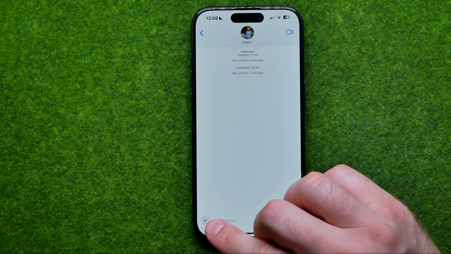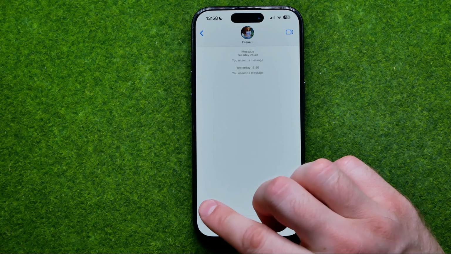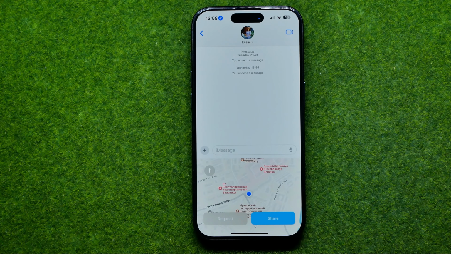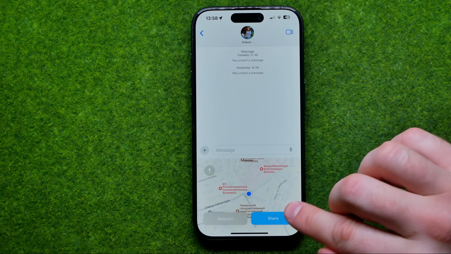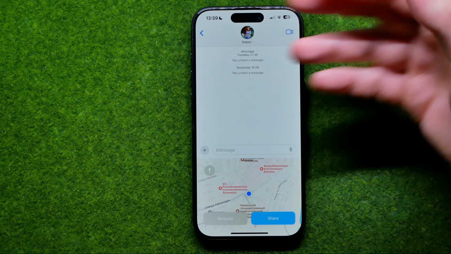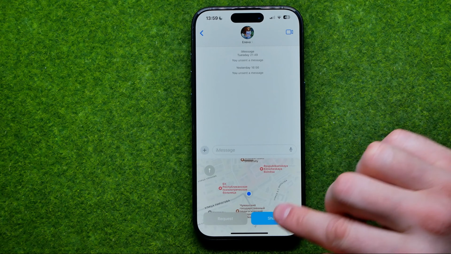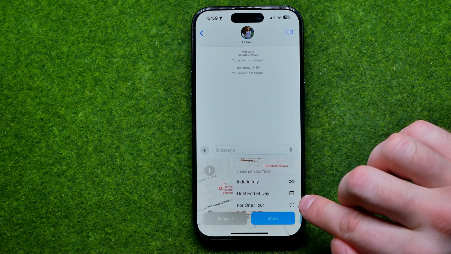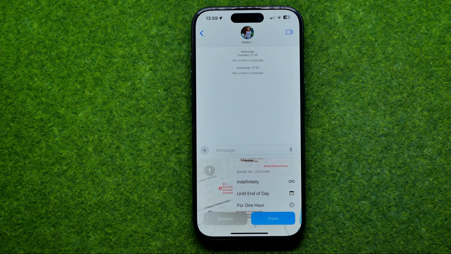After that, tap right here at that plus sign and select location. It will automatically detect your current location, and by tapping at share, you will be able to share your live location with that user. Once we tap at share, it will show us these three options,